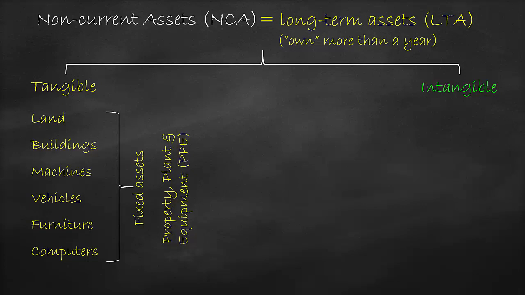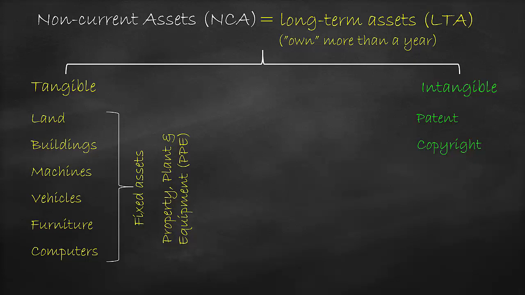The examples of intangible assets are patents, which are essentially a right to sell or manufacture the use of a particular product or process for an exclusive period of time. An example of that is a patent on a type of medicine. A second type of intangible asset includes copyright, which is the right to reproduce or sell an artistic or published work, such as a book, songs, or movies. You've probably heard this a lot just through online media.